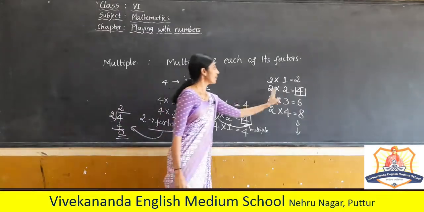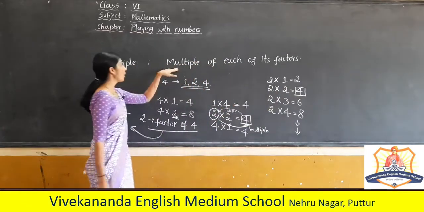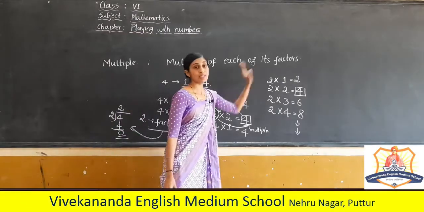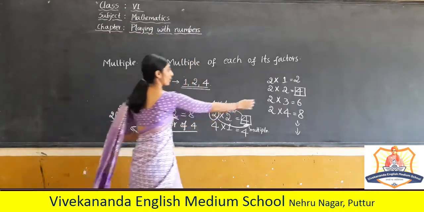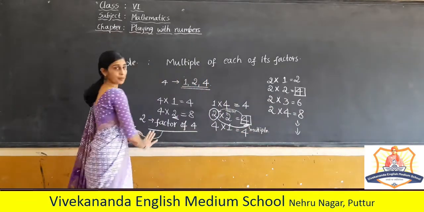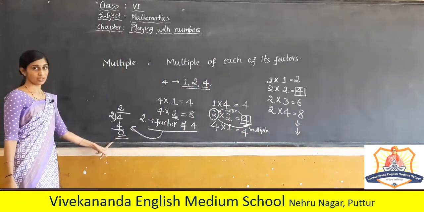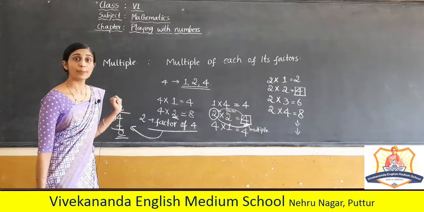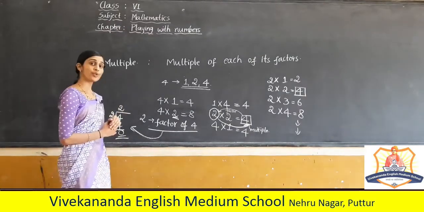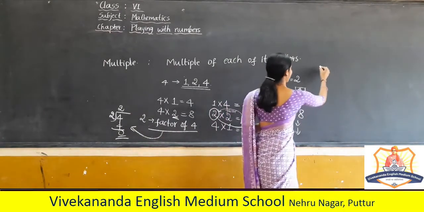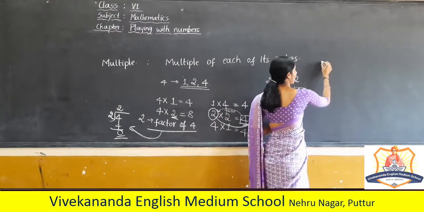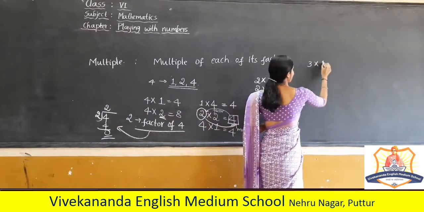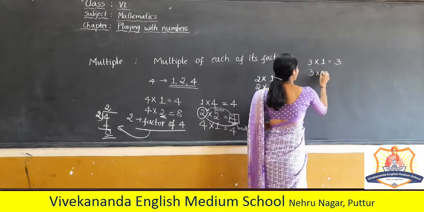So, they are interconnected. A number is said to be a multiple of each of its factors. This is the link between multiples and factors. I hope you understood this simple concept. And in order to find the multiples of any number, we should know the tables, the multiplication table. Multiples of 3. Which are the multiples of 3? It is simple. 3 ones are 3, 3 twos are 6,